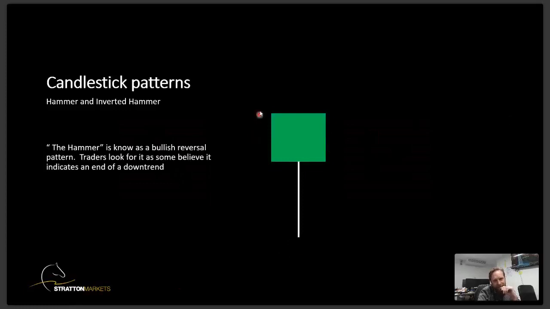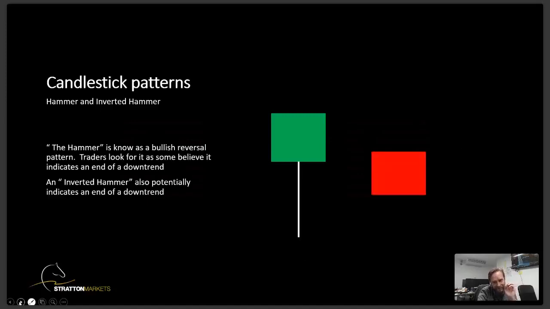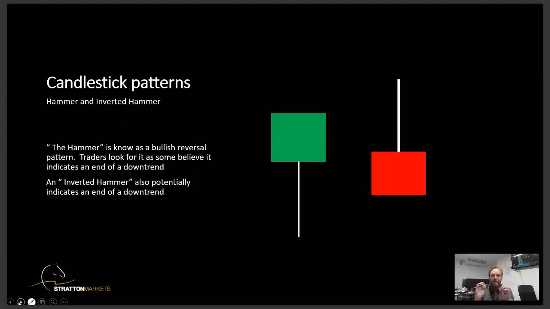You see? It's got a smallish body with a long wick. That's what a hammer looks like. It's the hammer pattern. But you've also got the inverted hammer. The inverted hammer also potentially indicates an end of a downtrend. An inverted hammer looks like this. You've got the body, but this time you have the wick above it. Now remember,